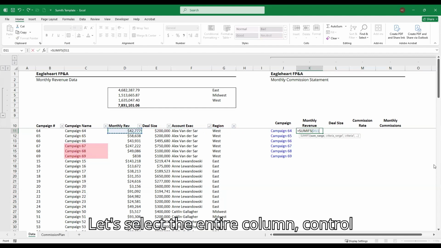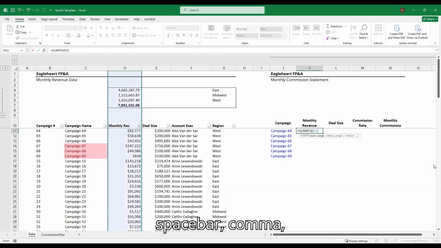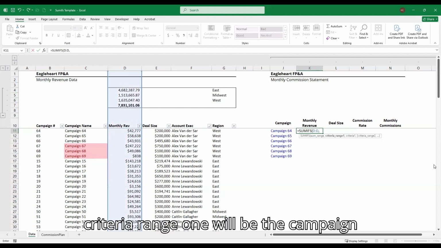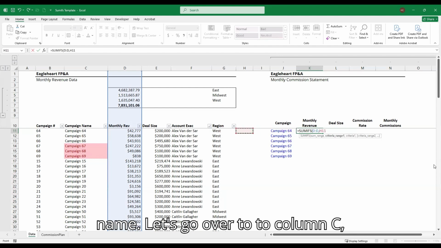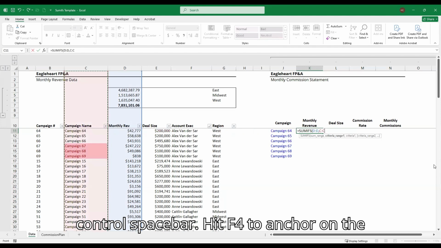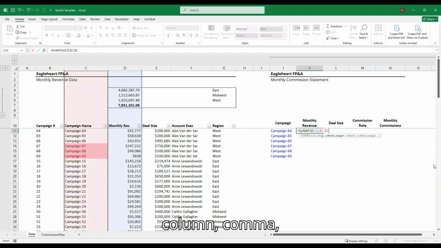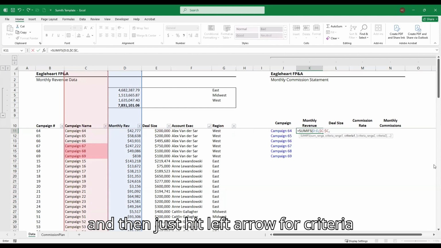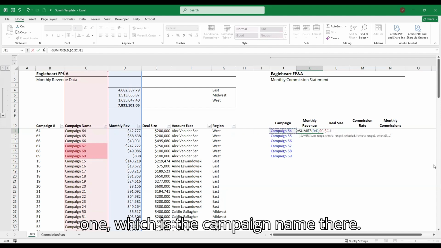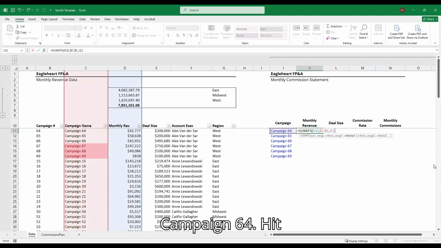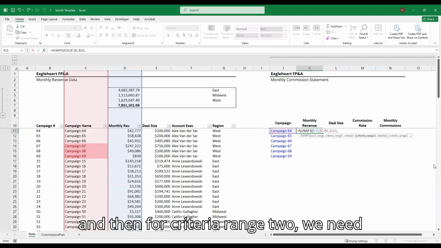Let's select the entire column, Control Spacebar, comma, criteria range 1 will be the campaign name. Let's go over to column C, Control Spacebar, hit F4 to anchor on the column, comma, and then just hit left arrow for criteria 1, which is the campaign name there, campaign 64. Hit F4 3 times to anchor on column J, comma, and then for criteria range 2, we need the account